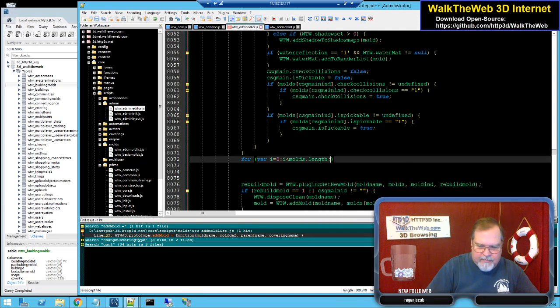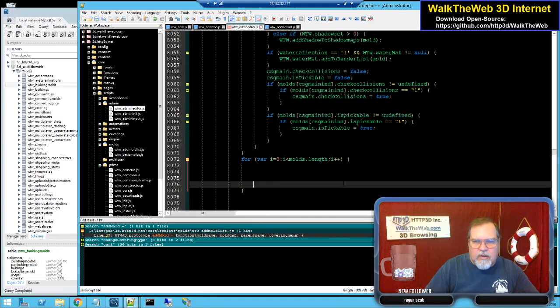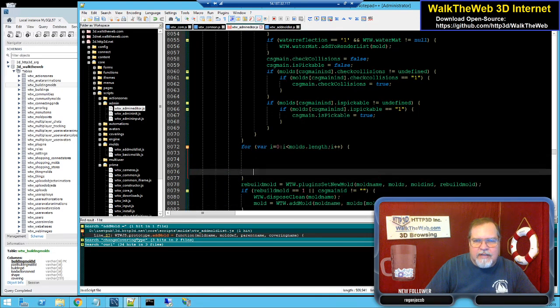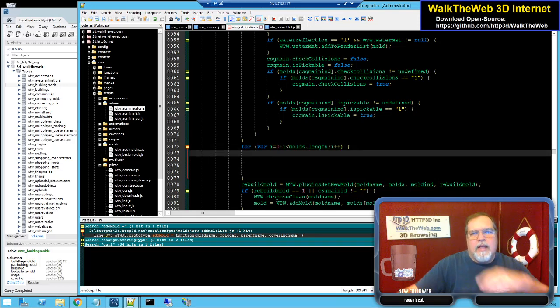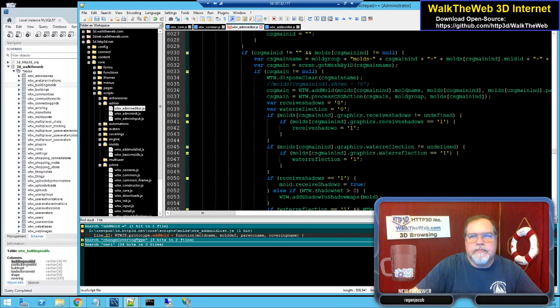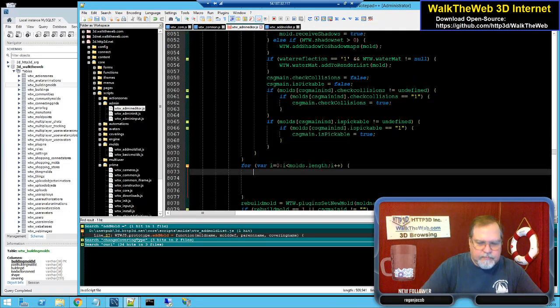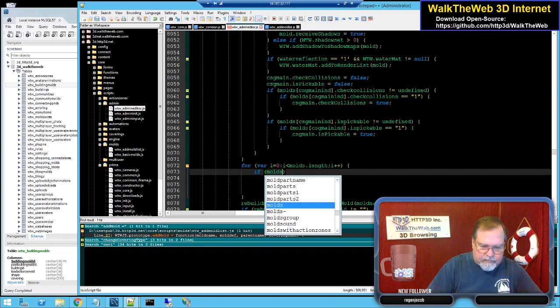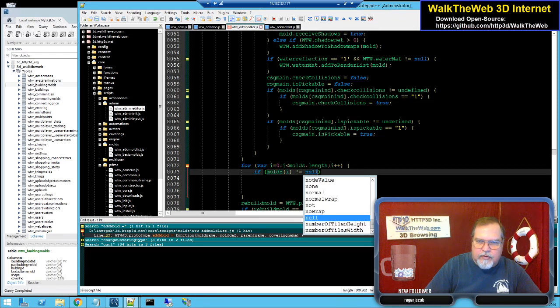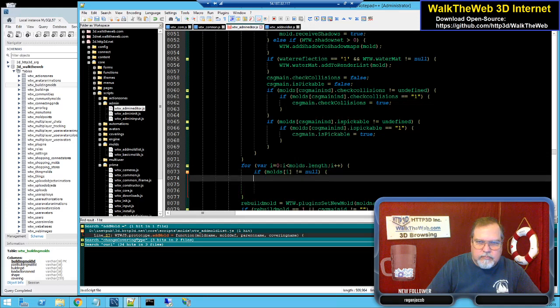Been doing a lot of PHP lately. So this is going to go through the whole track of molds, and what I'm looking for is if molds I is not equal null, first of all. Then next is if